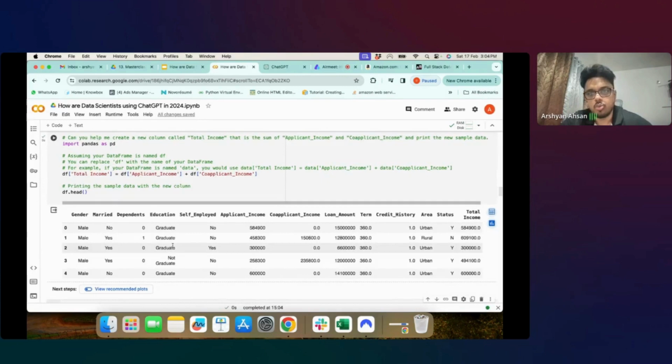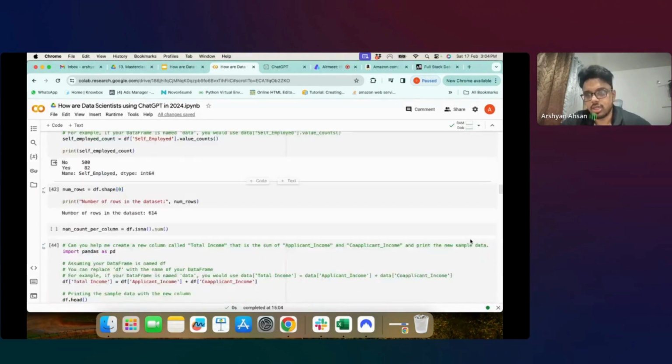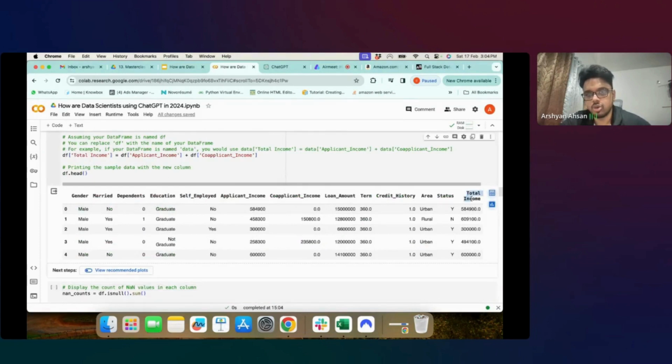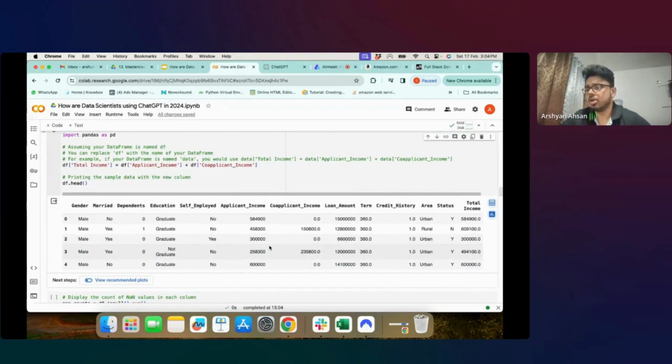तो ऊपर हमारे पास टोटल इनकम नहीं था, स्टेटस के बाद कोई कॉलम नहीं था। उसने नीचे एक नया कॉलम ऐड कर दिया, विच इज टोटल इनकम। देखो यहाँ पे 45 और 15 का सम 60, राइट। तो यहाँ पे सम आ गया है। वैसे ही अगर हमें कुछ भी और चाहिए,